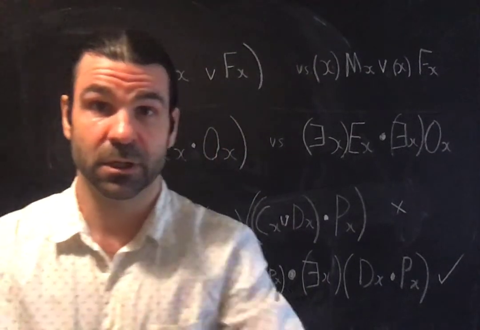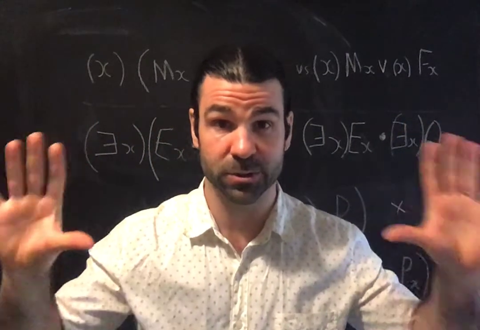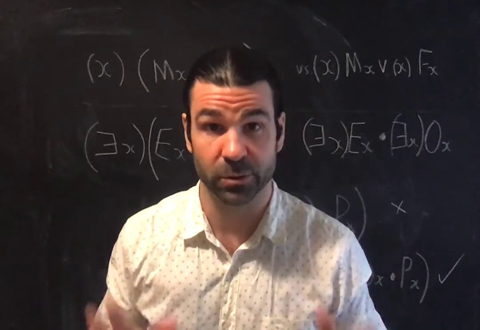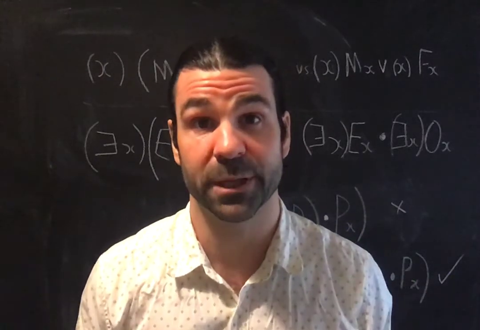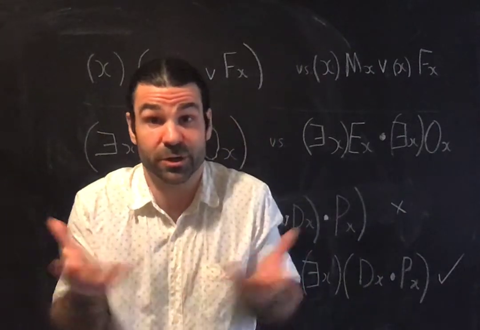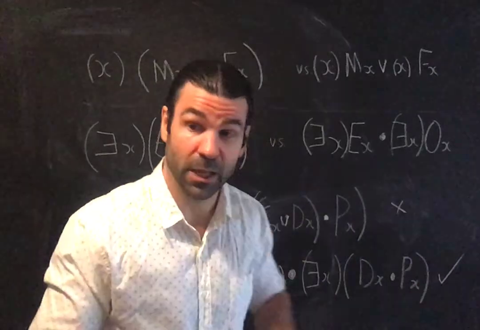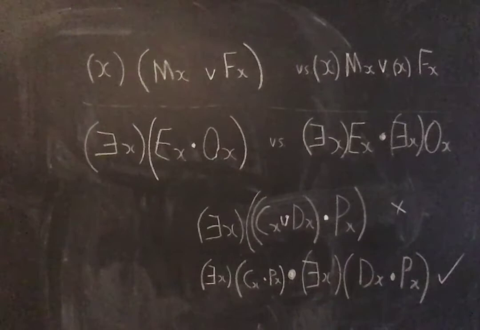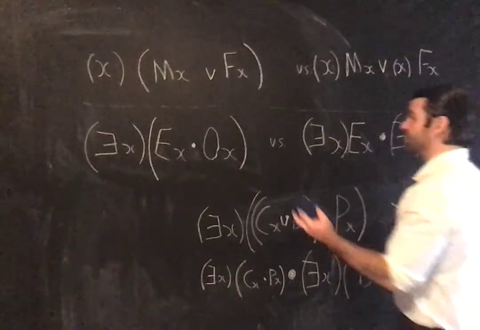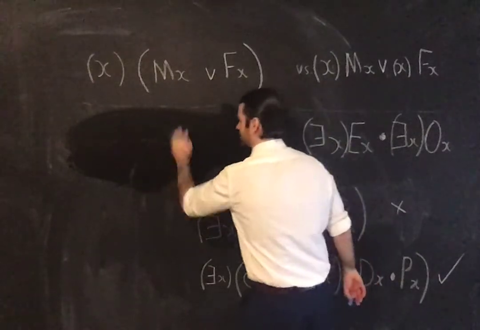You just have to also be aware that English sentences that involve quantifiers can also have truth-functional form, right? The form of an English sentence might be a conjunction. It might be a conjunction of quantifier statements. And I should also mention, it's a perfectly legal formula to have something like